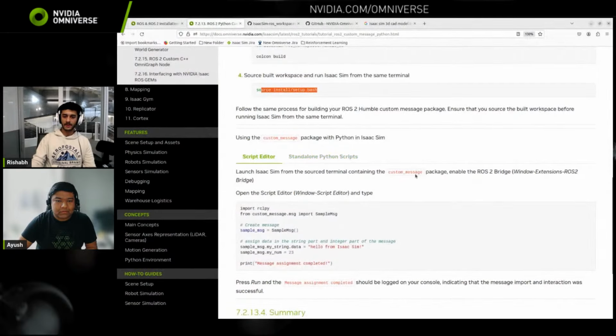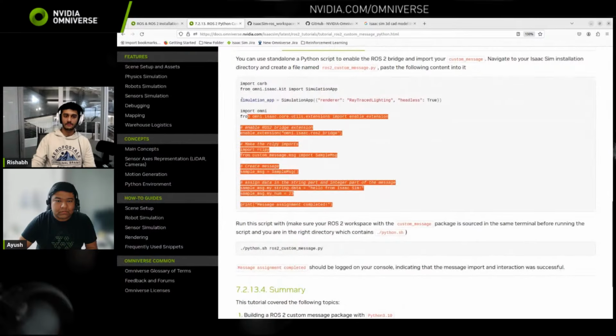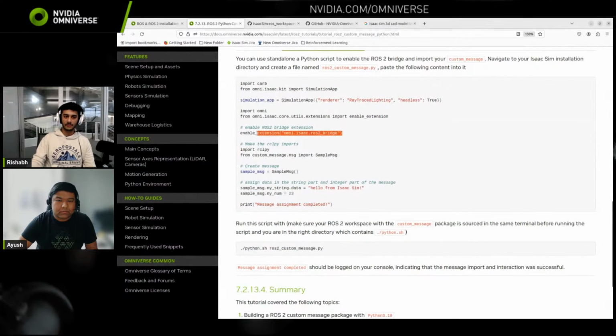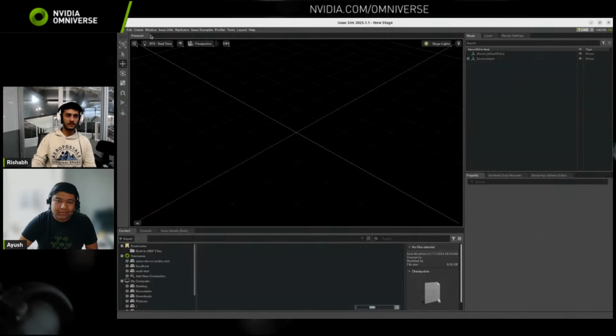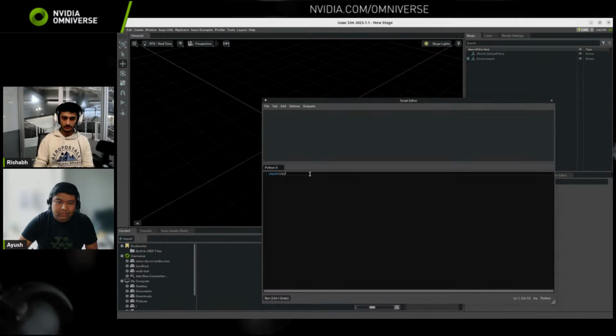So you can use the script editor to actually access the custom message package which you had, or you can also have a standalone script where I just enable the bridge, and after I've enabled the ROS 2 bridge, I can make the ROS 2 related imports for rclpy. And because I sourced my workspace as well, I can also import the custom message, which was a part of the newer workspace. We'll quickly take a look at the script editor over here. Make it a bit bigger right here. So this is importing rclpy,